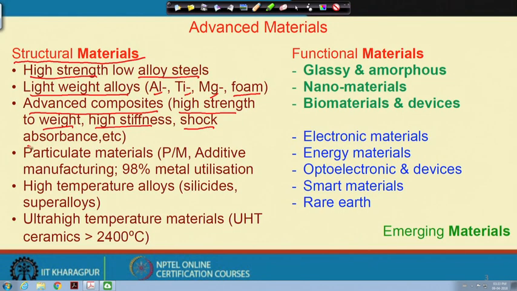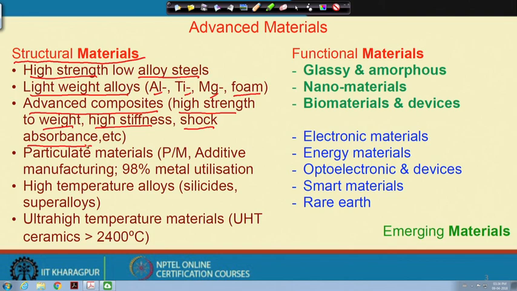So, the stiffness should be very high, otherwise the wing will bend, and therefore composites or some lightweight alloys with a composite microstructure or laminate structure are considered. At the same time, these composites are also prepared for good shock absorbance property, etc. Now, the fourth